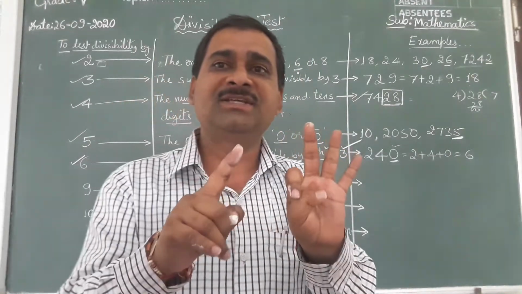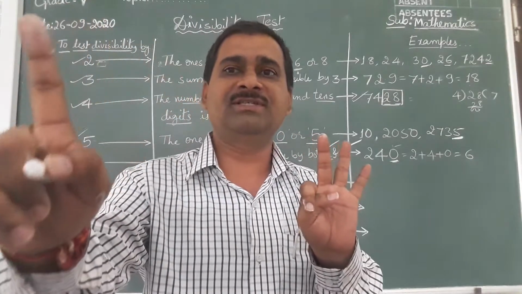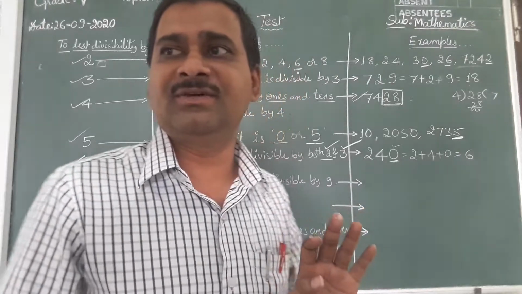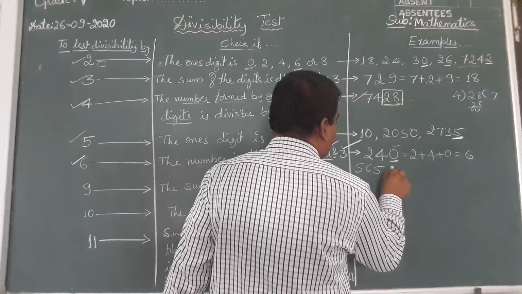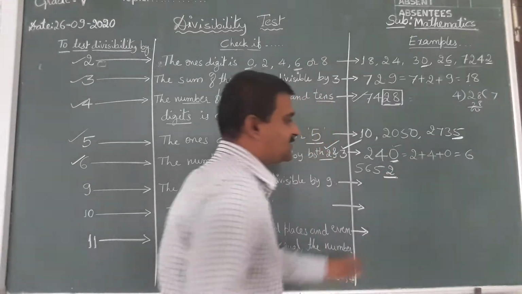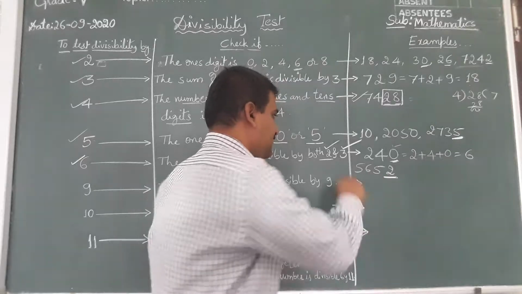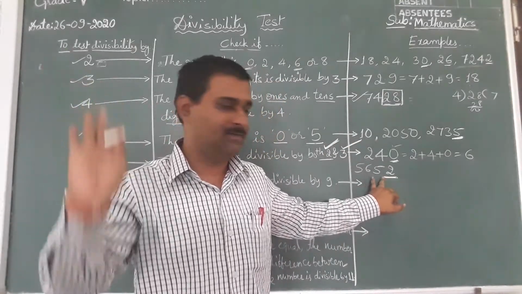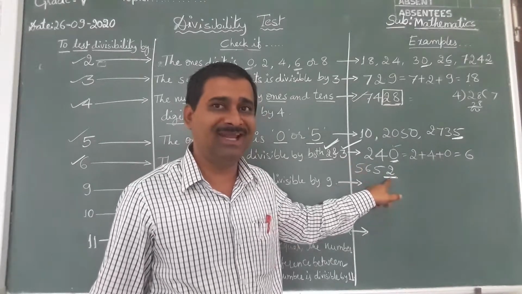If the number is divisible by both 2 and 3, then only you should decide that the number is divisible by 6. One more example, if I take 5652, of course in the ones place 0, 2, 4, 6, 8, it is divisible by 2. Yes, it is divisible by 2. Once one divisibility is tested, okay, now second we should check whether this number is divisible by 3 or not.